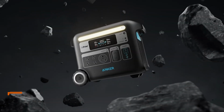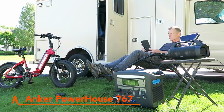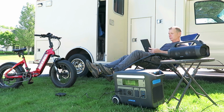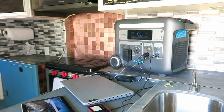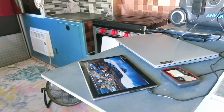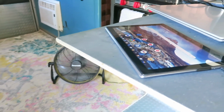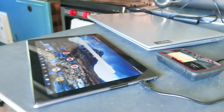Don't let power outages or lack of outlets hold you back. Get the Anker PowerHouse 767 portable power station and stay powered up wherever you go. This portable power station features infinity power technology and LiPo4 batteries, offering a 10-year lifespan for long-lasting power. It includes a smart temperature control system that monitors temperature up to 100 times per second, ensuring safe and reliable